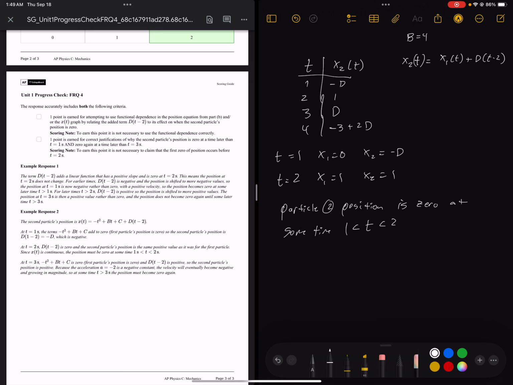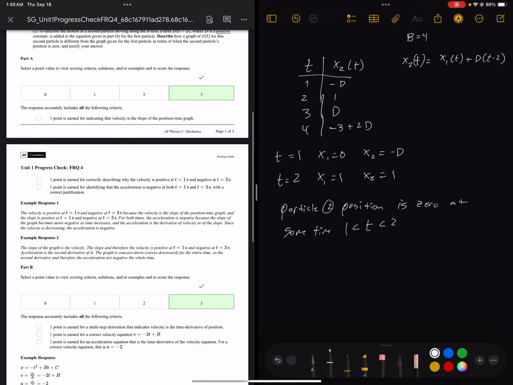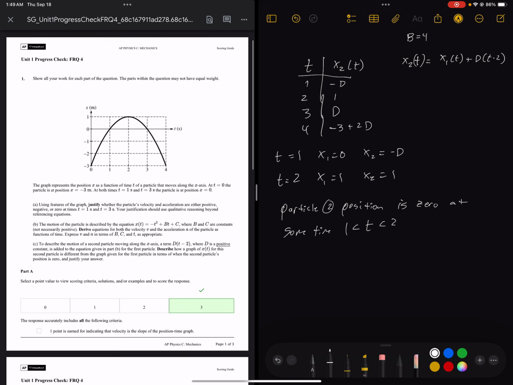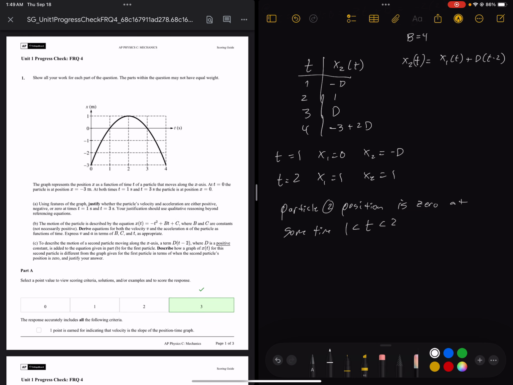Yeah, I am curious as to whether a table would be enough. Let me look at the scoring notes. To earn this point, it's not necessary to use the functional dependence correctly. 1 point is earned for correct justification on why the second particle's position is 0 at a time later than t equals 1, and 0 again at a time later than t equals 3 seconds. Yeah, so I guess that's one thing I didn't necessarily talk about. So at some time later, right,